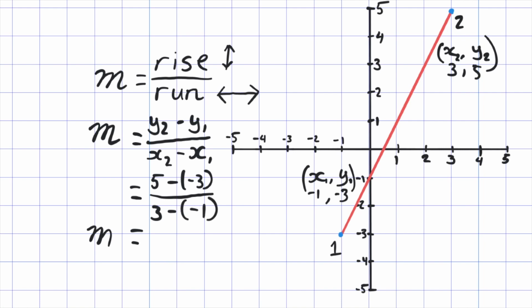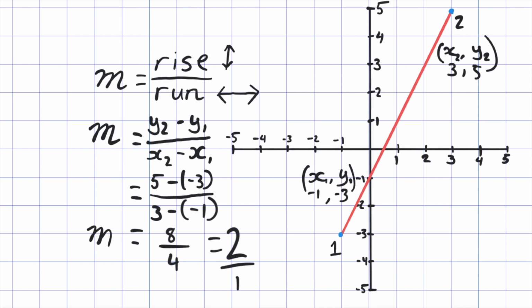Well, now, I know that 5 take negative 3, that's going to be 8. And 3 take negative 1, that's going to be 4. And we're left at the same result. We still have a gradient of 2